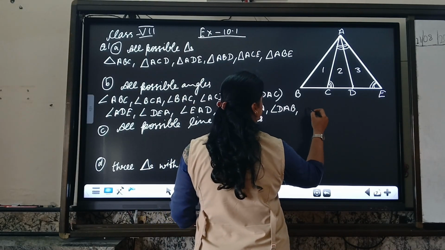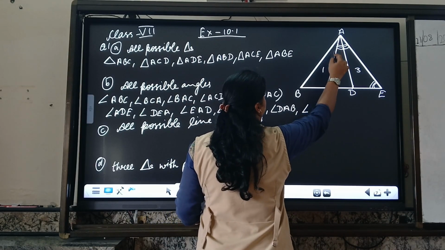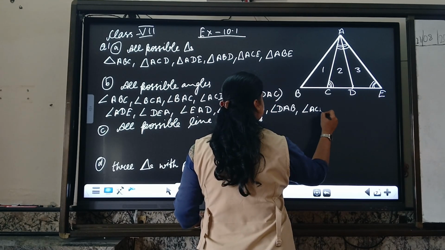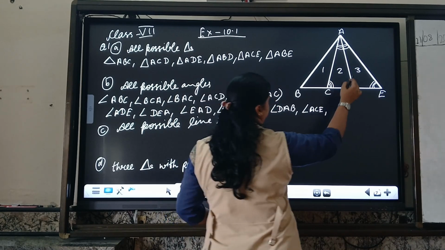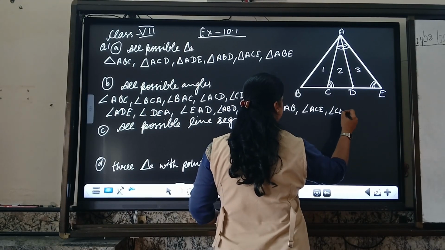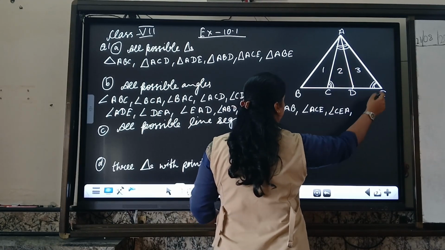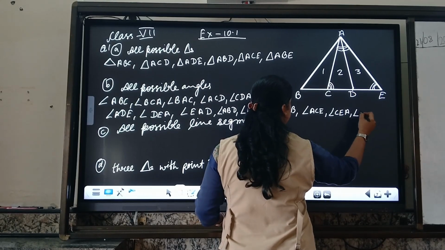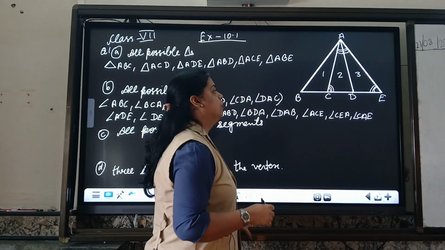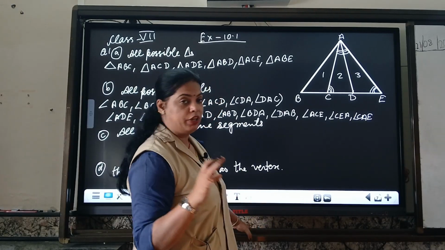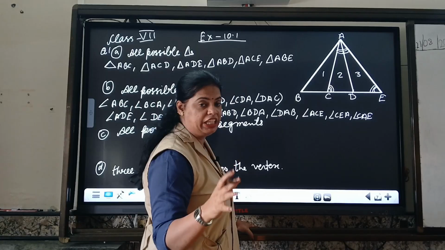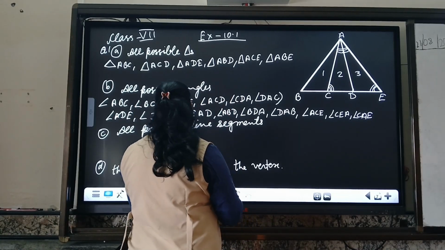So how do we write these angles? Angle C covered by A and E: ACE. Another is angle E: CEA. And angle A, E and C both are covering it: CAE. Now which one is left? If I take the wider triangle, like ABE, as a triangle, see what I am going to do.